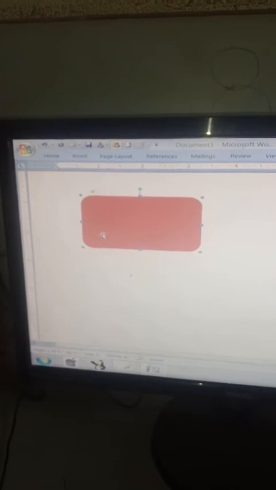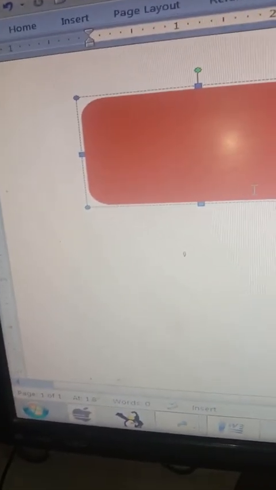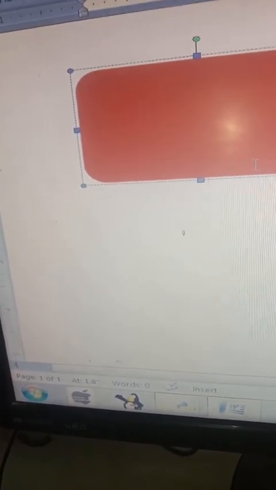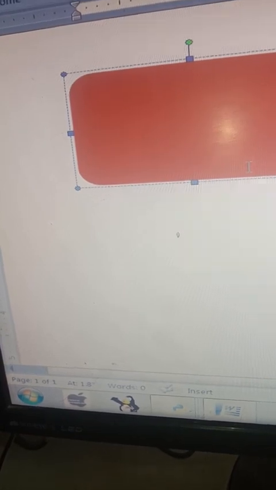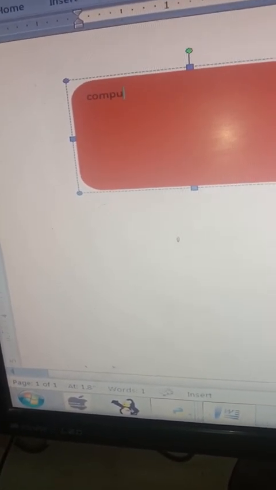So I can also add the text over here. In order to add the text, right click over here, move to the option add text. As soon as you click on the add text button, look, the cursor appears over here. You can type the text. Suppose I am typing the text COMPUTER.